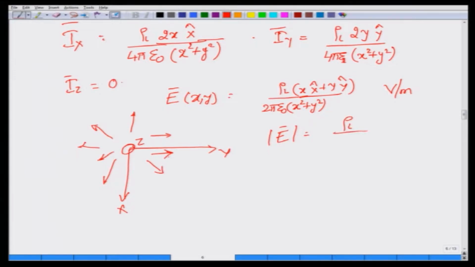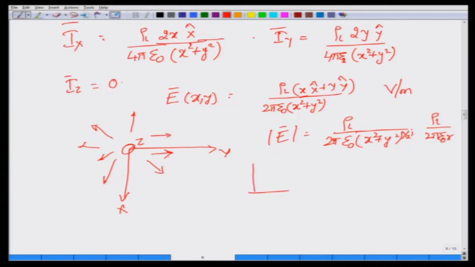So, you have rho l by 2 pi epsilon 0 x square plus y square, there is no change here, but the magnitude of this vector x hat plus y hat is x square plus y square under root. Now there is a square root fellow, you can cancel that out with one of these terms in the numerator, in the denominator. So, the magnitude is actually going as rho l by 2 pi epsilon 0 r, where r